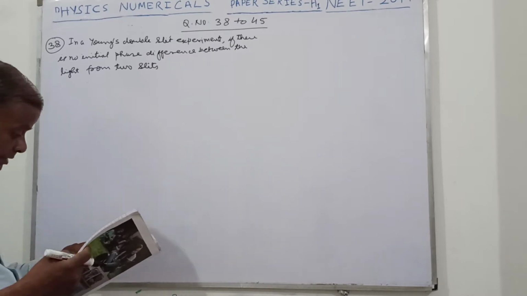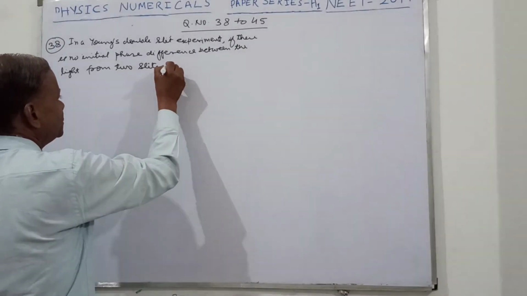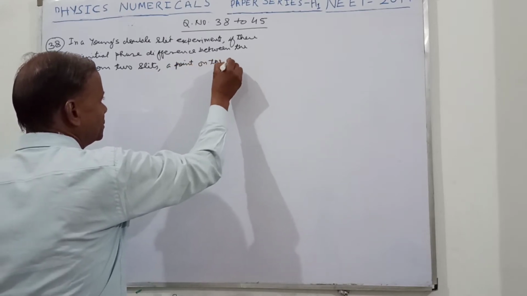a point on the screen corresponding to the fifth minimum has path difference,